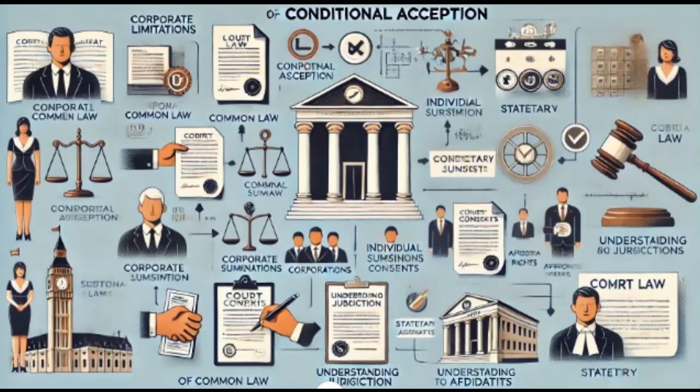The corporate legal structure and its limitations. A tenet of conditional acceptance is understanding that corporations, as legal entities, cannot directly contract with living individuals under common law. Corporations, being legal fictions, are subject to statutory law, corporate policies, and regulatory guidelines but lack standing under common law to enter into contracts with individuals without an intermediary. Accordingly, corporations may act through representatives or agents, however, they cannot directly engage in common law contracts with individuals.